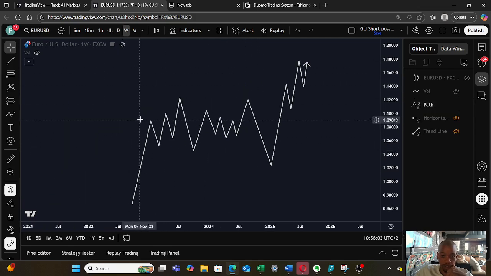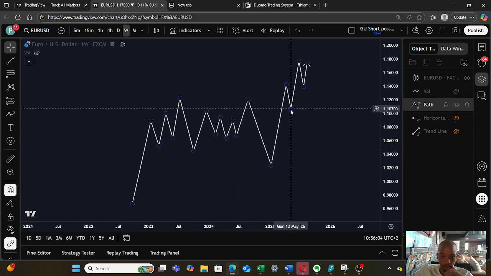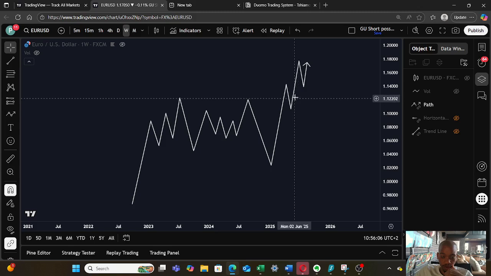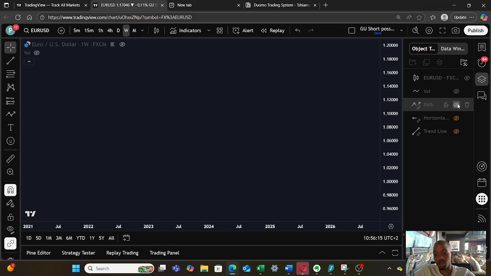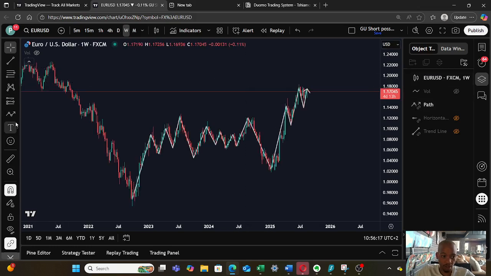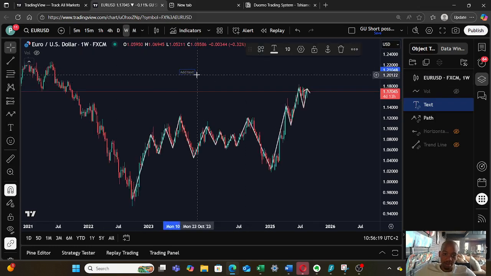You can see we're obviously in an uptrend. The length of the most recent wave up is not as strong, but we can see the depth of pullback has not been too deep. So overall, we can say that we've got some pretty strong bullish structure characteristics. So we'll come here and say